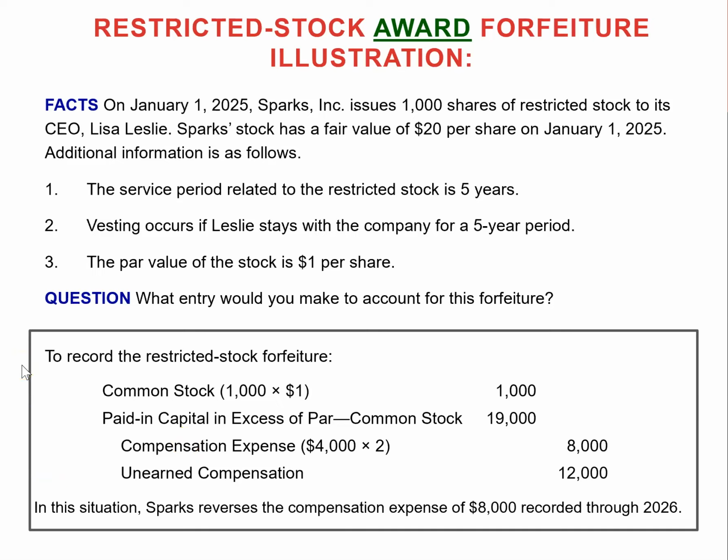When we granted those stock awards, we recorded the stock issuance. That means we credited common stock, we credited paid in capital in excess. So we will eliminate those. So we will debit those accounts, and we assume that here 2 years passed when Leslie left the company at